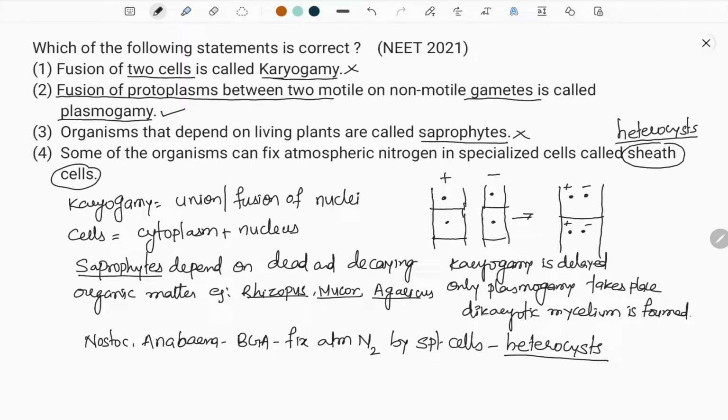And fourth statement, heterocysts are replaced here by sheath cells. Actually, nitrogen fixation takes place in heterocysts. So those heterocysts are replaced by sheath cells, testing our knowledge whether we identify it right or wrong. So this is a multiple concept based question, one should be very vigilant while solving this type of question. And second statement is taken in view of fungi. So I think my explanation is very well. It's a complete basic question it is, and hope you have understood it very well.